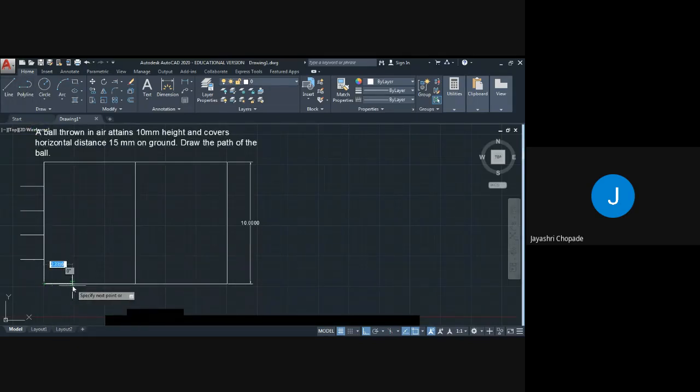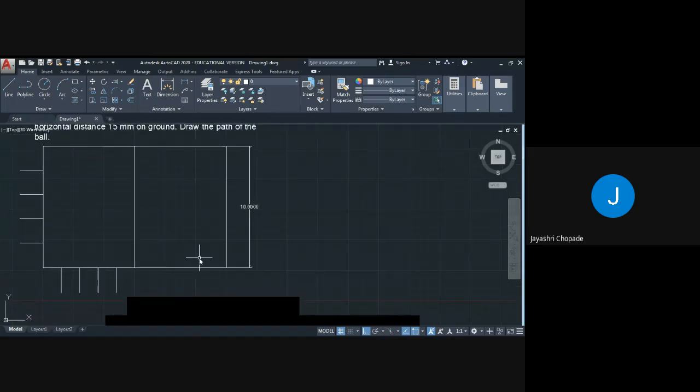Click over here, draw horizontal line for 1.5 mm distance, enter, then draw vertical line without any dimension, then go to offset command, give the distance, that is 1.5, enter, select object and offset it. To come out from the command, press escape.